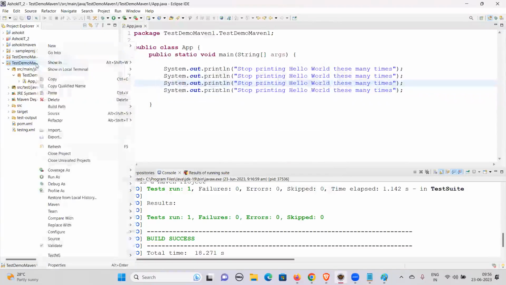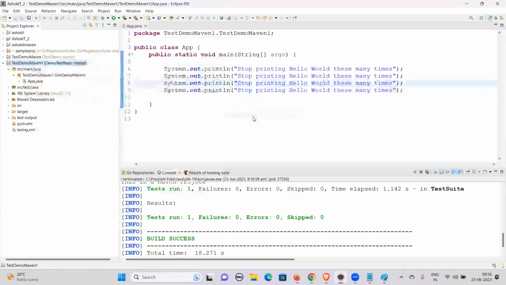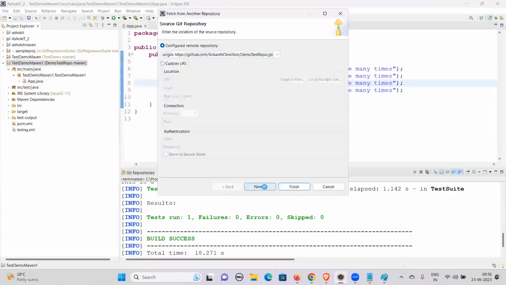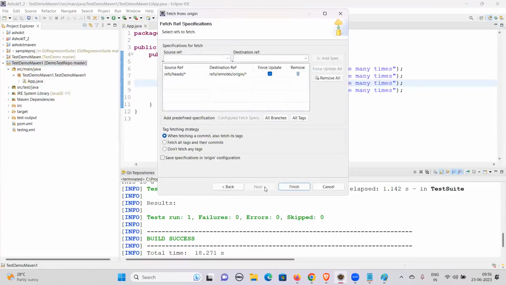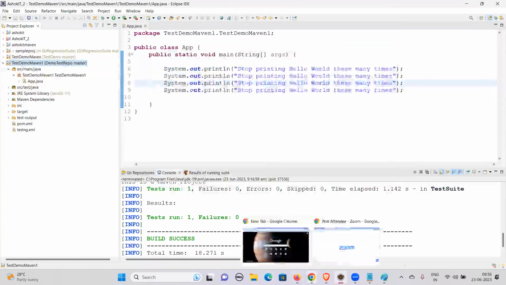Now we need to understand whether any changes are there in the repository. Okay, I mean in the remote repository. To understand this, we need to go here. We need to perform this fetch from. My advice for you guys is, whenever you are working on Git, first you have to perform this Git fetch. Git fetch will show you if there are any changes. Now you see that it is showing everything up to date. But if you make any changes here,